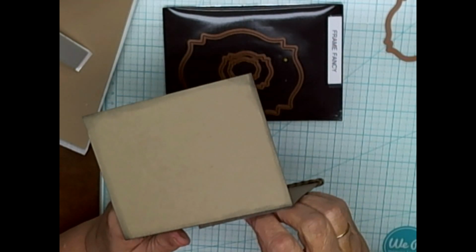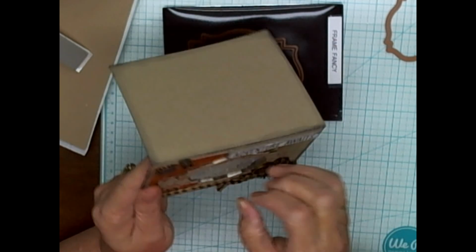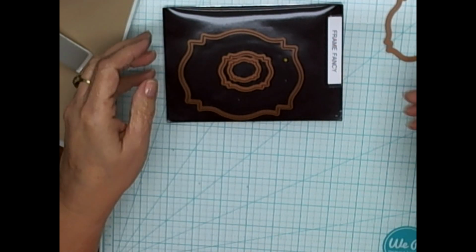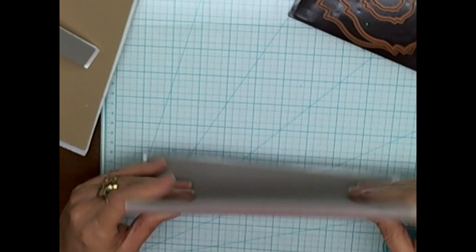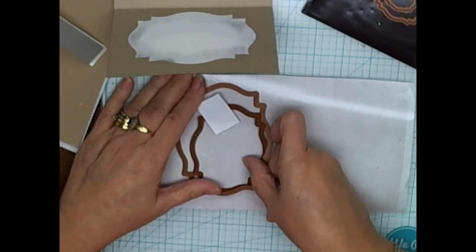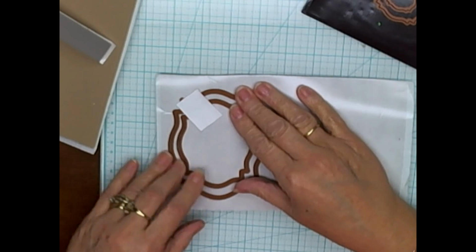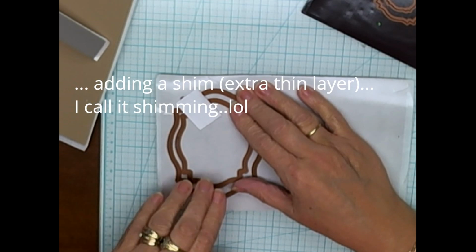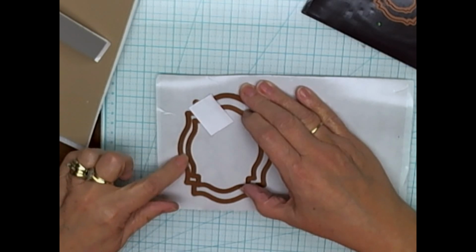For example, if I pull it off, which I think I might be able, no, I can't do it without damaging it. But you can see all the inside of that shaker card. So this is what I was trying to show you: you take this, you put your piece on like this, you tape it down to make sure that you're even, and run it through your Big Shot or whatever. Don't forget to shim it, because it is a bit thick, so it won't go through if you don't shim it. You might have to run it twice, depending on your machine. And you're all set. You have yourself a frame